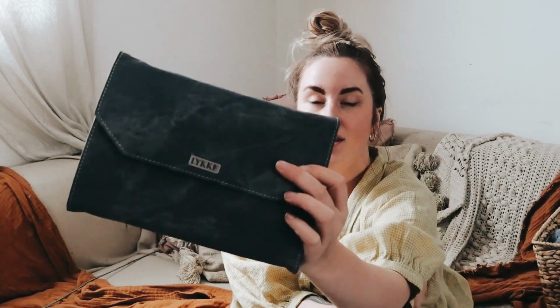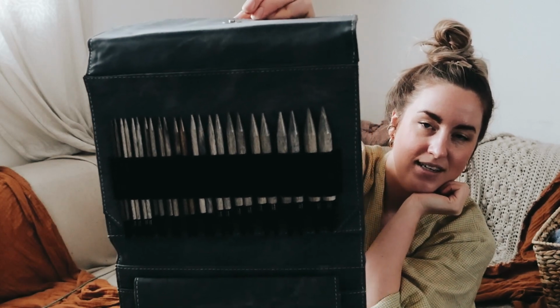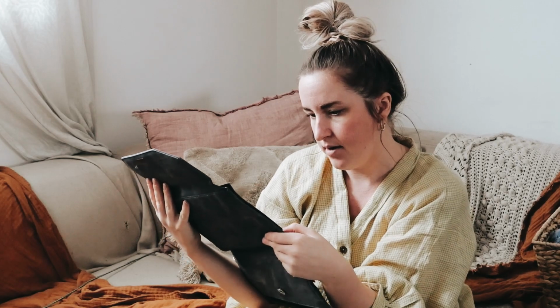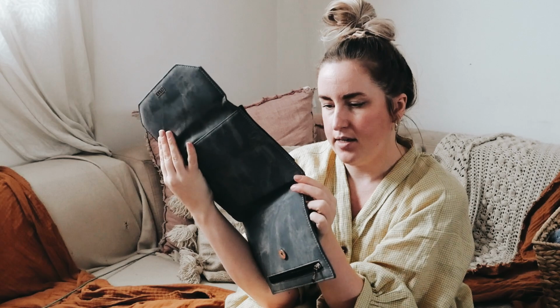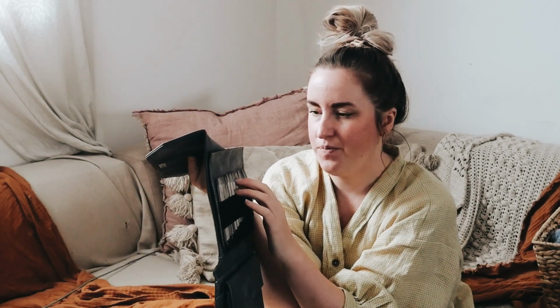So I bought the Lykke interchangeable needle set, the driftwood needles, and I believe these are the 5-inch, and the needle size runs from US 4 all the way up to 17. And let me tell you, I am completely obsessed with these. So I